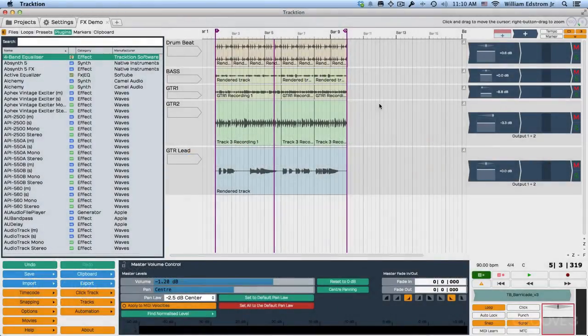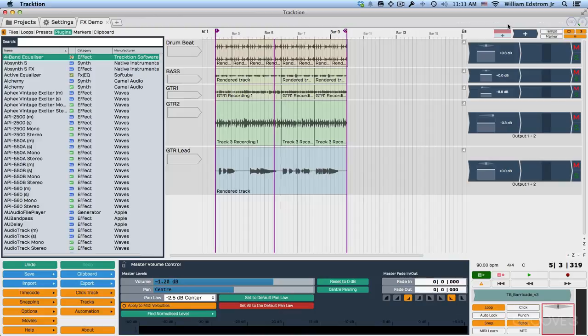In this video, we're going to take a look at the built-in effects in Tracktion 5. The built-in effects are really quite simple, and they're kind of elements you can use as building blocks. They become really important when we're working with rack effects, which we'll cover in a later series. But right now, I want to take a look at what the effects are, how you find them in the